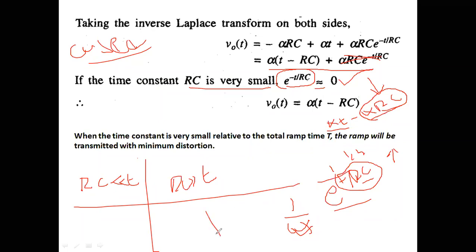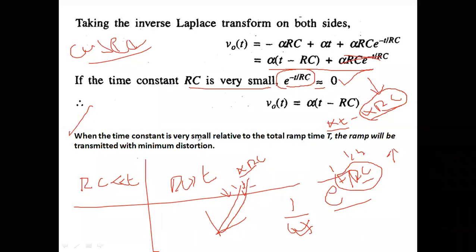That means if you draw the waveform, if this is your input waveform, the output will also go in the same way. It may have a small distortion. This distortion is this gap. In between you are going to find a gap. This is nothing but alpha RC, the distance between the input and output voltage. Suppose this is your input and this is the output waveform. Then in between these two we have a small distance, that is alpha RC. Both will be almost equal. That is the point I had mentioned here.